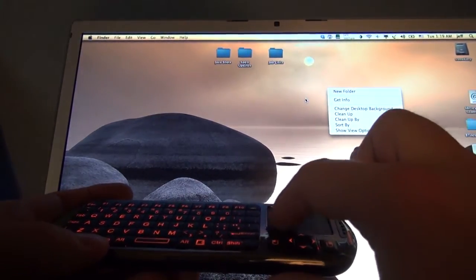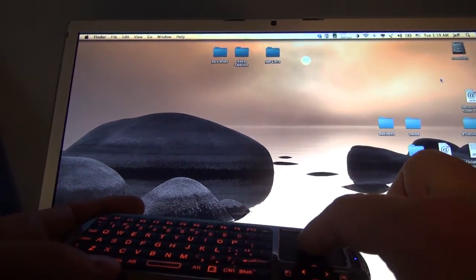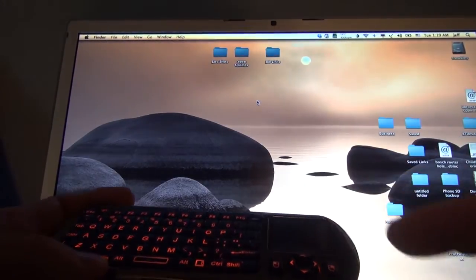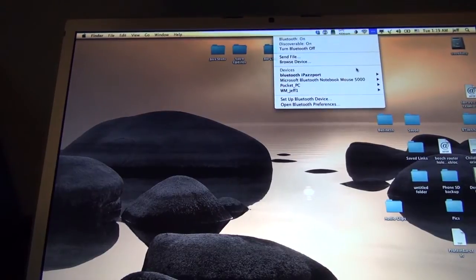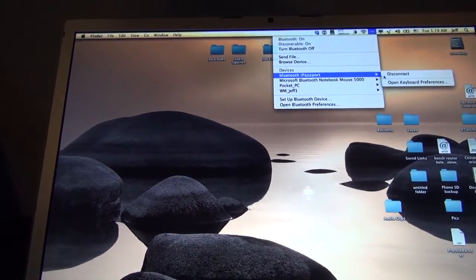Again, it jumps across the entire screen. This screen resolution is 1440 by 900. And if I right click over here, it jumps. I mean, you're halfway across the screen by the time you get your mouse back. And just for comparison's sake, I'm going to drop this connection here, and we're going to go back and do the comparison on my Windows machine,